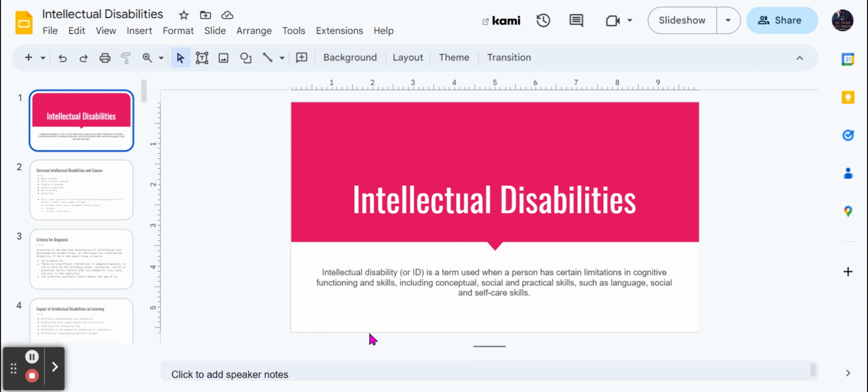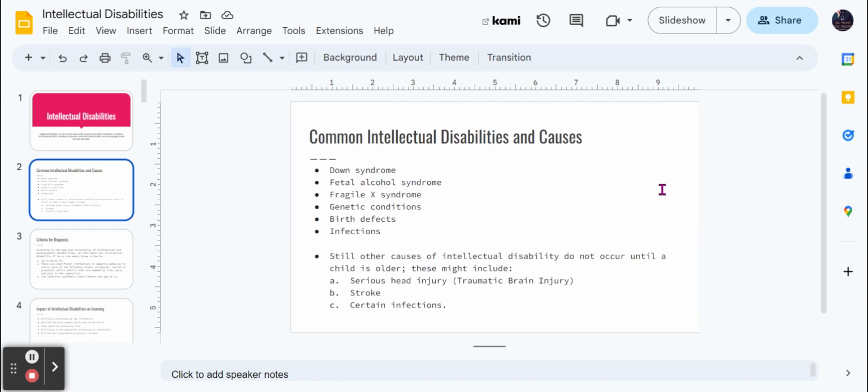So, what is intellectual disability, or ID? It is a term used when a person has certain limitations in cognitive functioning and skills, including conceptual, social, and practical skills, such as language, social, and self care skills. Some common intellectual disabilities and their causes: Down syndrome, fetal alcohol syndrome, Fragile X syndrome, genetic conditions, birth defects, and infections. Others that may not occur until a child is older would be considered a TBI, traumatic brain injury,